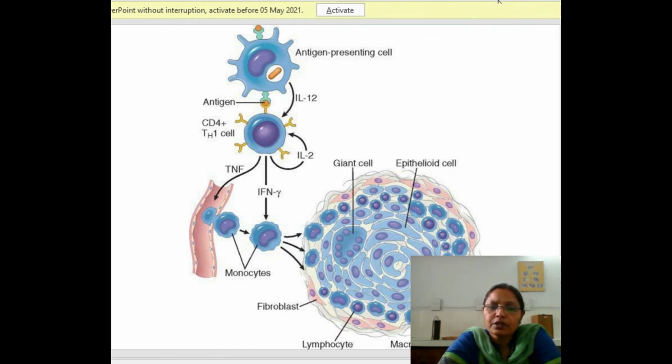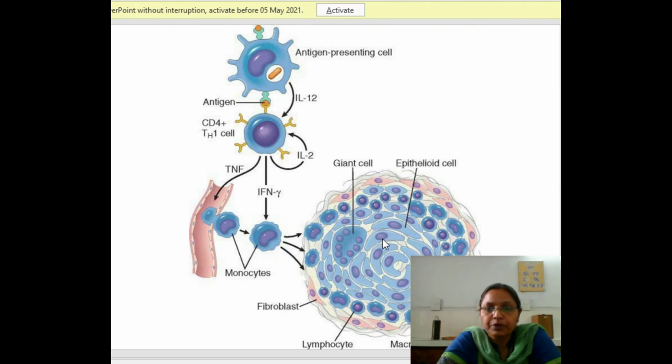These will cause movement of monocytes from the circulation, they become macrophages, and they will form giant cells, that is the Langerhans giant cell, and there is formation of epithelioid cells, which are actually monocyte macrophages, and they limit these tubercle bacilli,